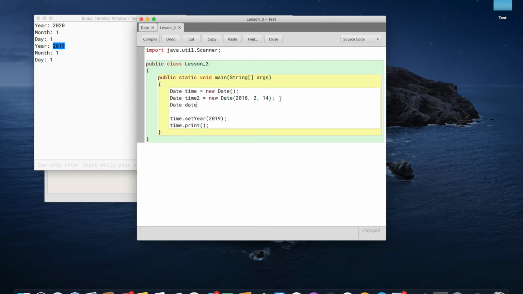Date time3 equals new date. You can go on and on. It's as many as you need. That's the wonderful thing about creating instances of classes. But I don't need this. We'll only create as many as we need. Otherwise, it ends up overloading the computer and taking more memory space, which essentially will slow down